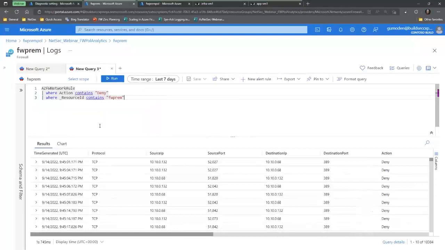Then we have the next example, which is using the new resource-specific table. In this case, if you see, I'm not using Azure Diagnostics anymore. I'm sending this query to the AZFW network rule table. And then I can be very specific, saying bring all the data where the action contains deny. And I'm just putting in the resource ID contains FWPrem